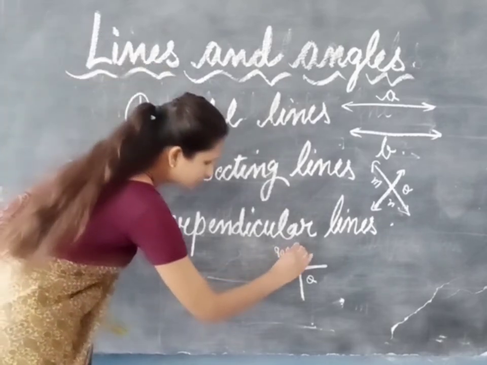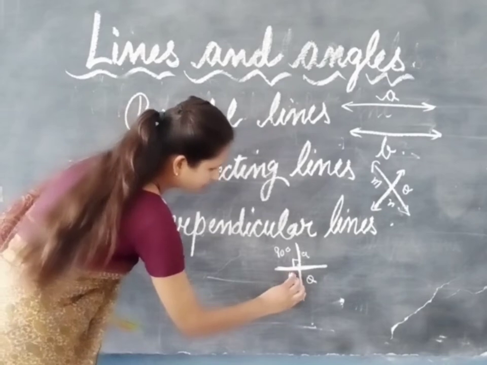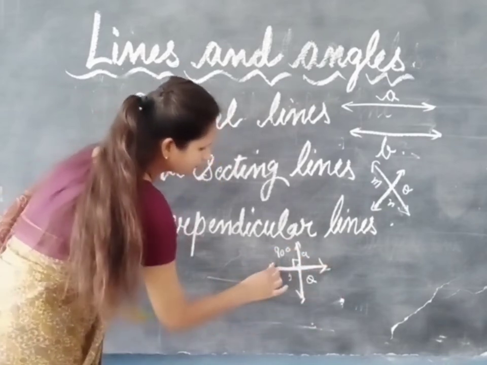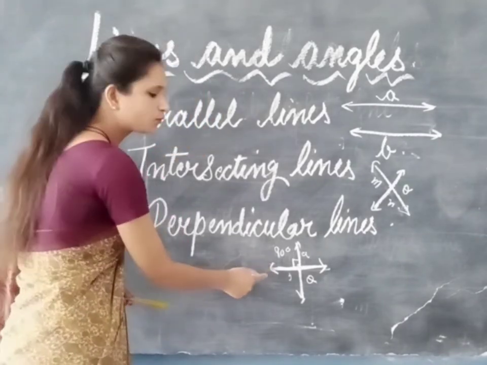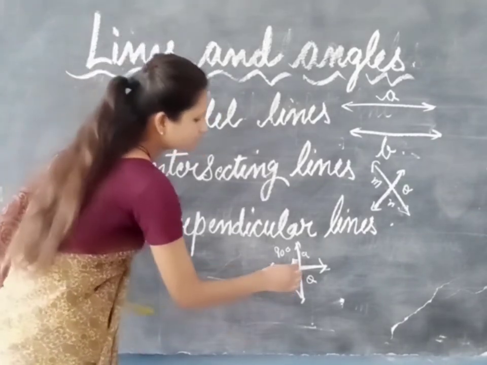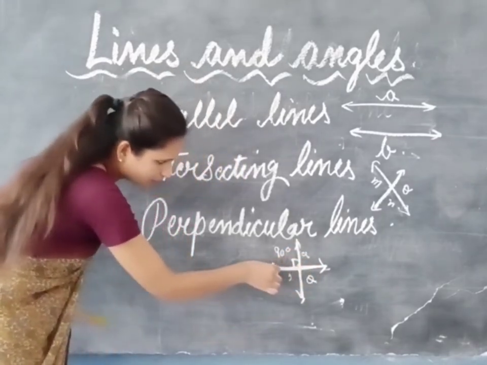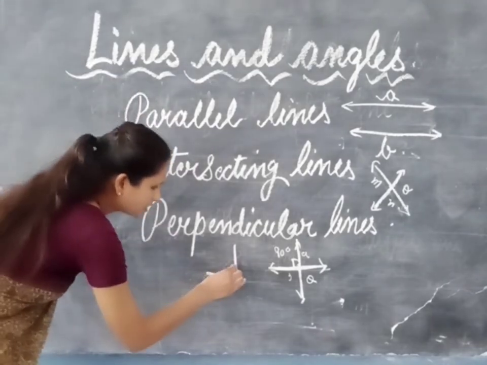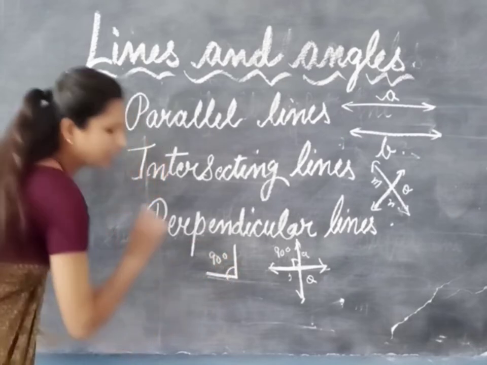Okay, this is called an angle. Take this line A and this line B. This is line A and this is line B. You also have to denote it with arrows, and then only it will be called a line. So suppose this part of line A and this part of line B, it is like this. Okay, so this is called an angle. It is a 90 degree angle.